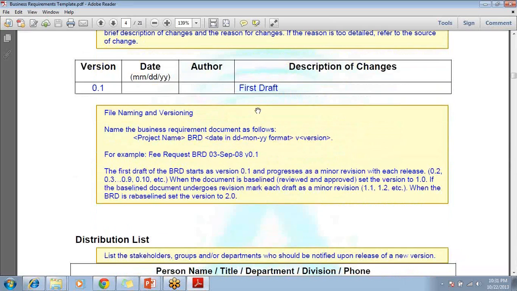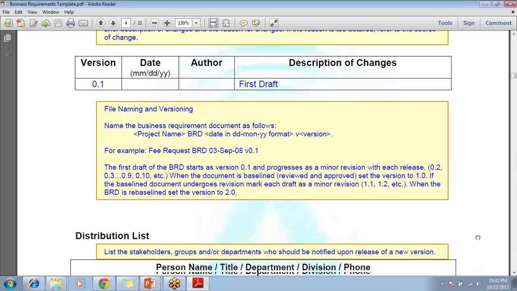Versioning. Versioning is at what version, what date, who was the author. Sometimes you have more than one business analyst, or maybe somebody wrote half and then they quit. So for that historical perspective, we keep track of it. Okay, description of the changes: first draft, first baseline version, and then if there are any changes, you name what changes, what segment of the document is changing.